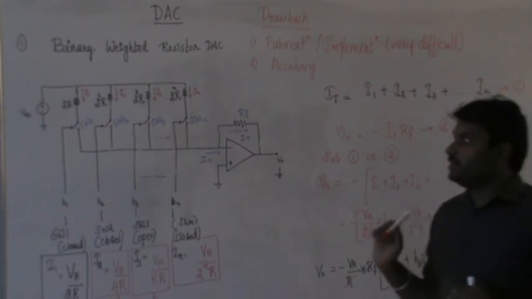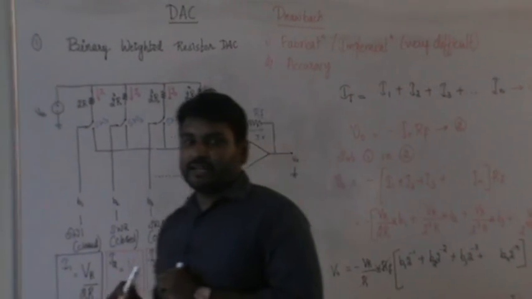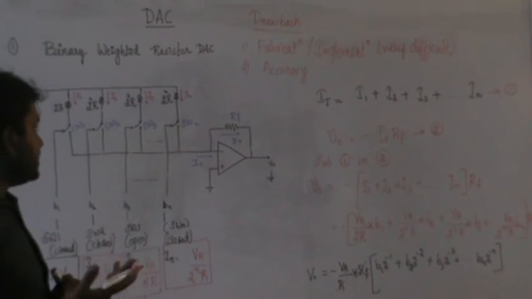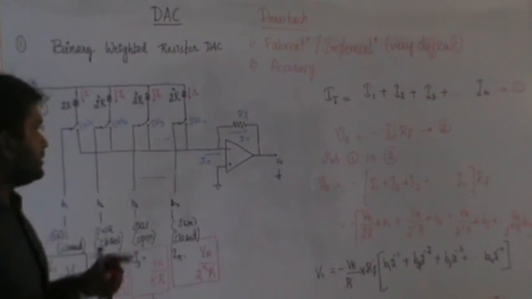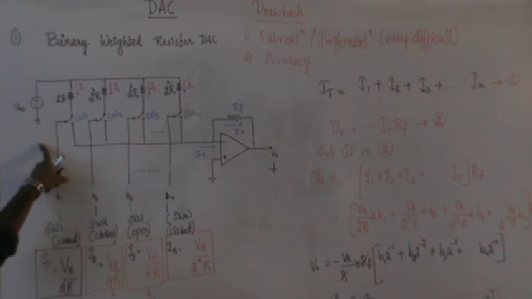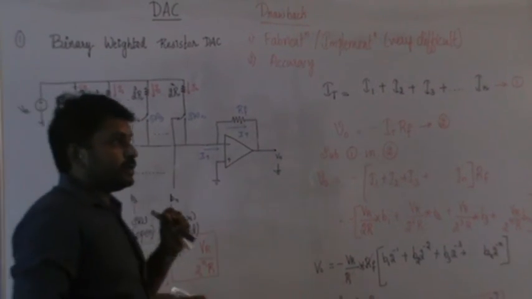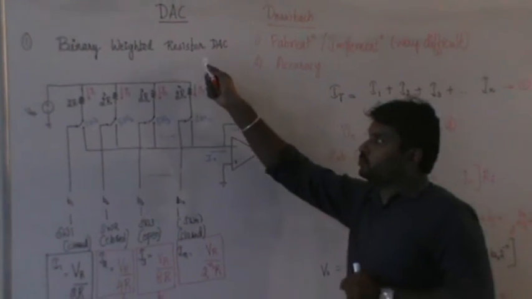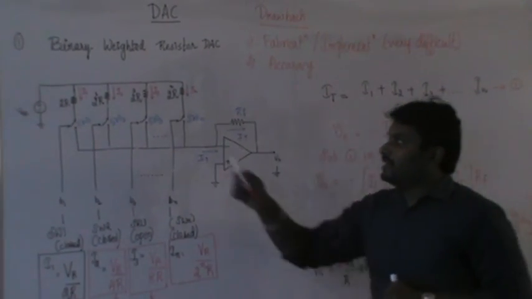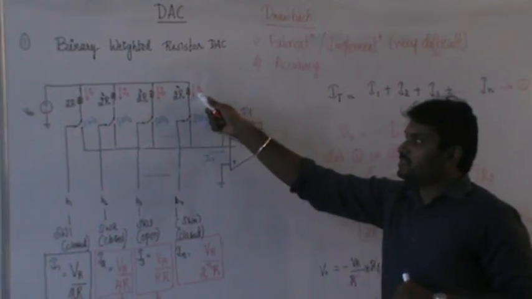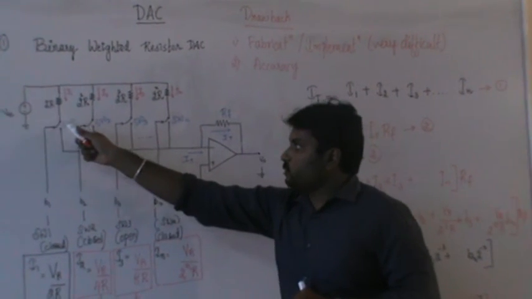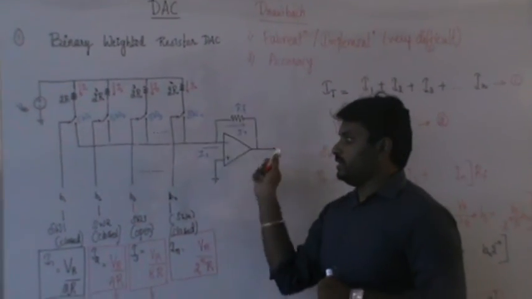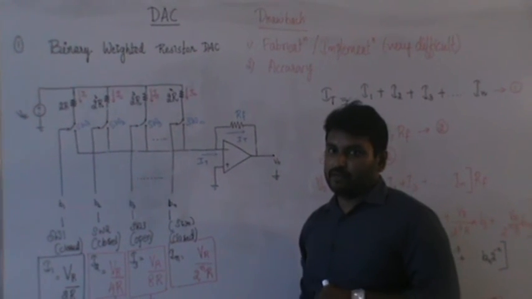So binary weighted DAC is one of the prominent techniques or the first technique under the DAC, which will be converting the digital data to the analog data, and this is the structure of a binary weighted DAC. The main important components that you have to use in order to implement or to design the binary weighted DAC are binary weighted resistors, power supply, switches, op-amp, feedback resistor. So these many elements are required in order to design the binary weighted DAC.